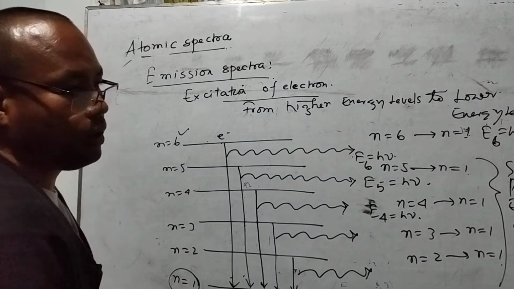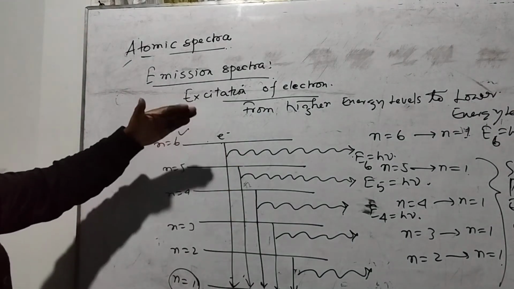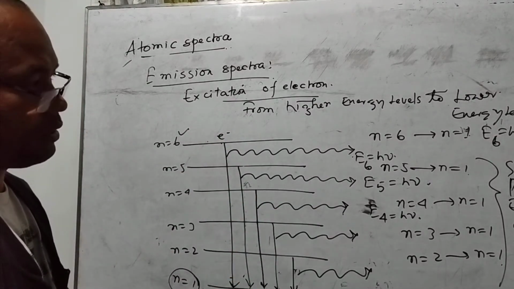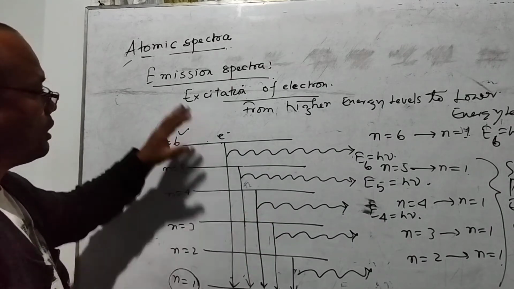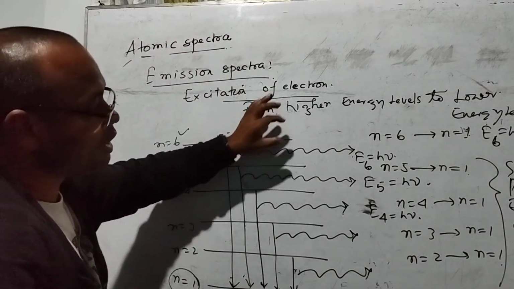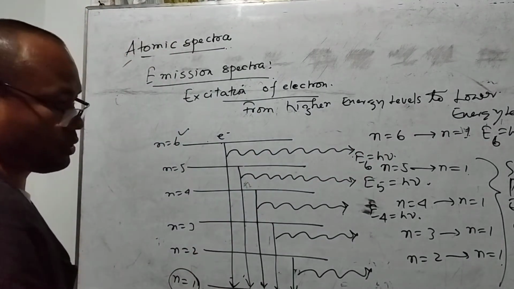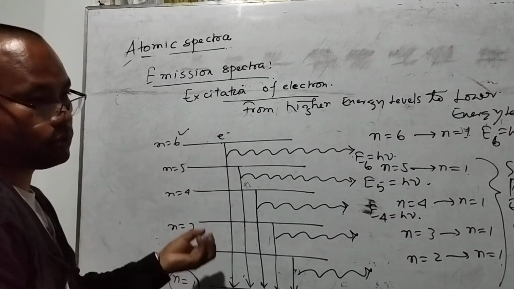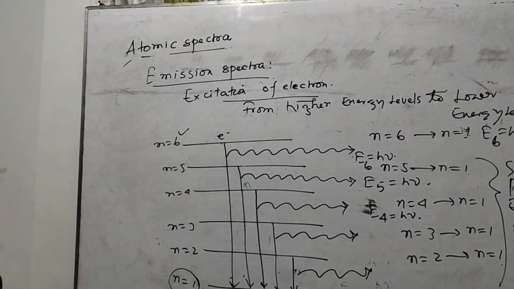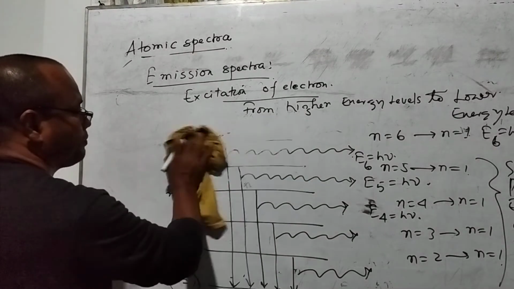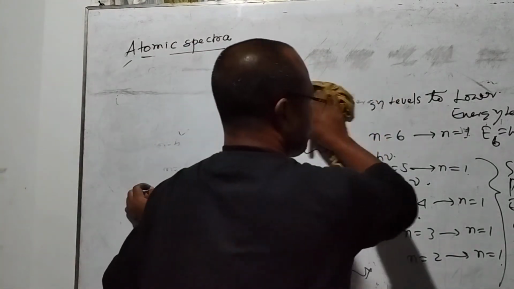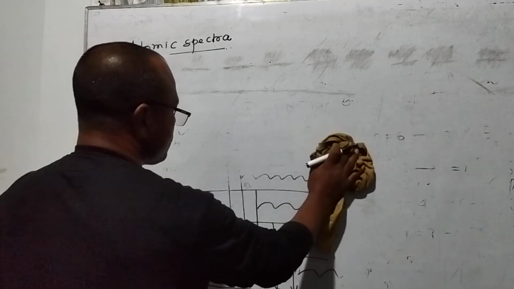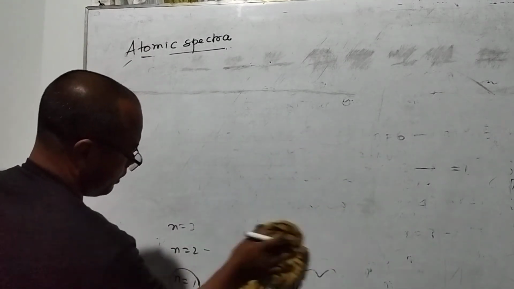So that is spectra, how these spectra are formed by the excitation of the electron from the higher energy level to the lower energy level. That type of spectra is called emission spectra. That means the radiations are emitted, not absorbed from the sources, right? So these spectra are emitted from the excitation of the electron itself. So that is what we call emission spectra. Now here, our interest is emission spectra.